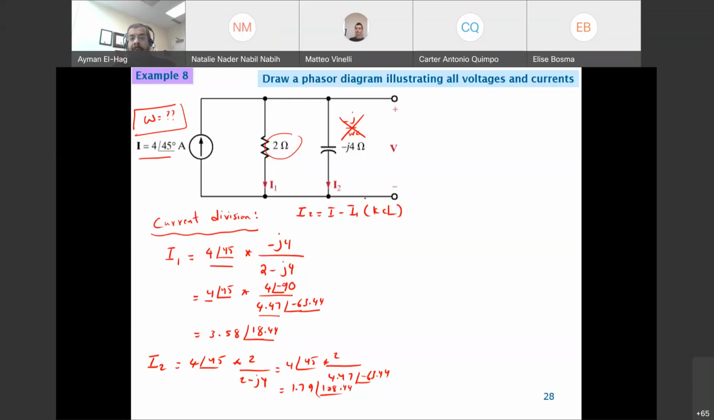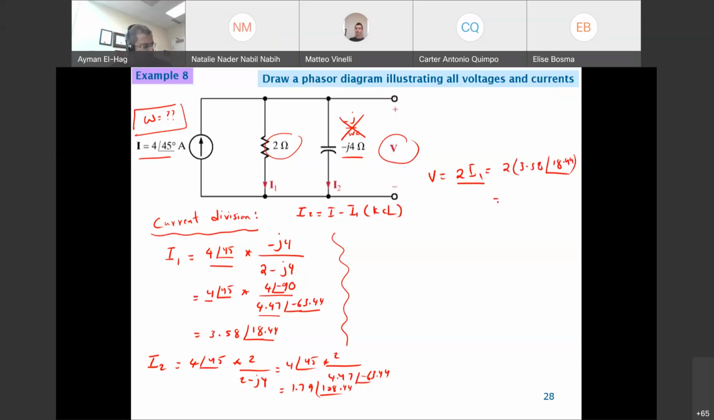This is your I1. We need to find V. So your V is very straightforward. Your V is equal to 2 times I1, or is equal to minus J4 times I2, because V is the voltage between these two nodes. So it is the voltage across the capacitor or across the resistance. So this is easier because it's only multiplication by a scalar. So it's 2 times 3.58 angle of